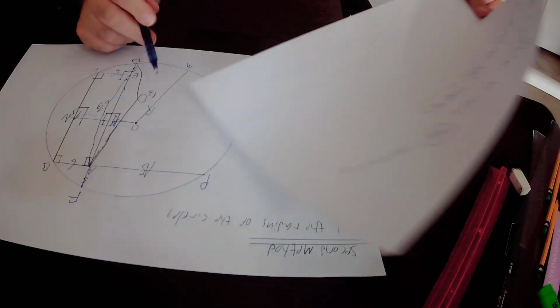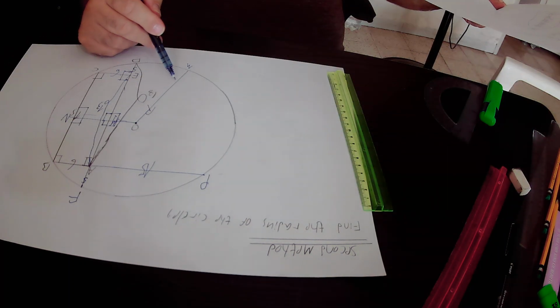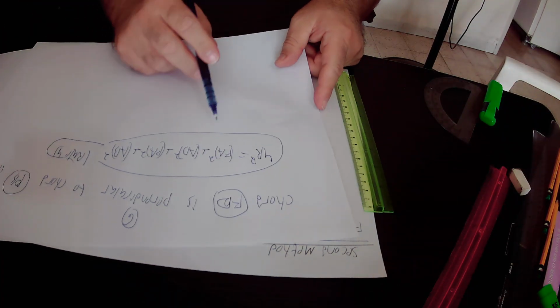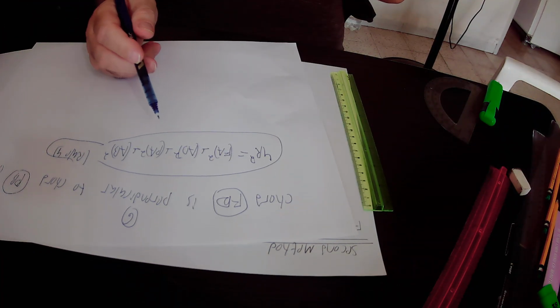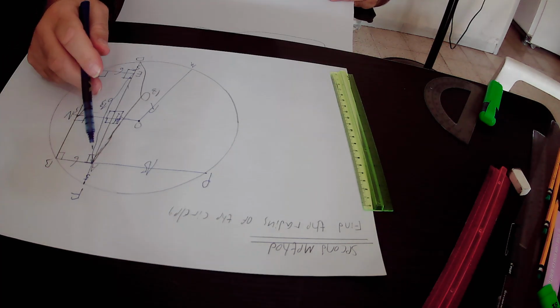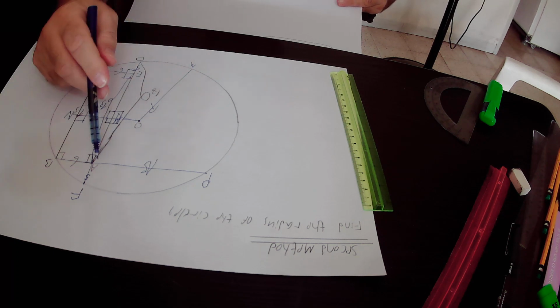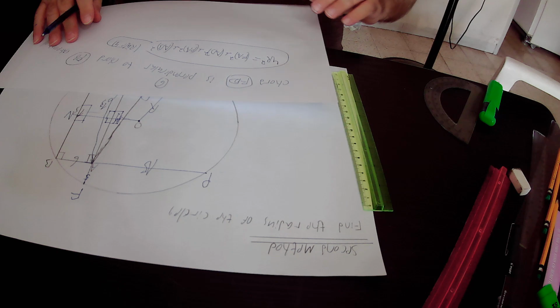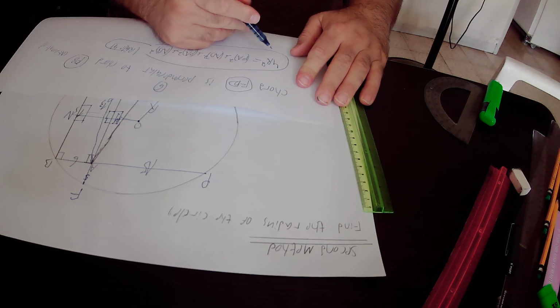And according to rule number 4, 4R square, where R is the radius of this circle, that is OM equals capital R, equals FA square plus AD square plus PA square plus AB square. So 4R square equals